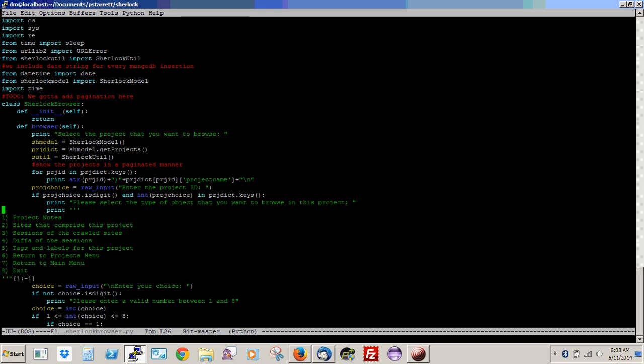We ask all these things to the user. So basically, we ask him which project he wants to get into. So we get all the projects that Sherlock has in the database, and then we ask him the project ID, and for that particular project, what does the user want to do? So we present a menu, and then we ask him what he wants to do. So the choices are